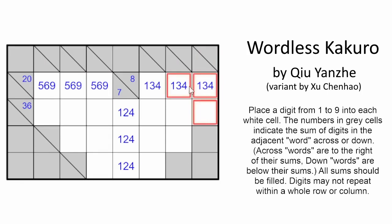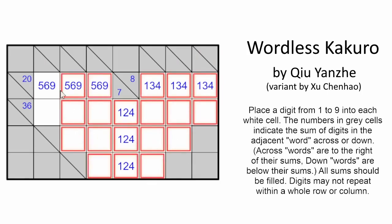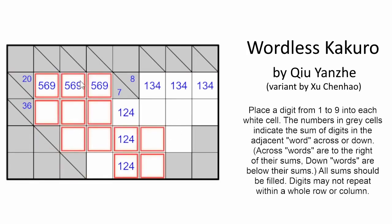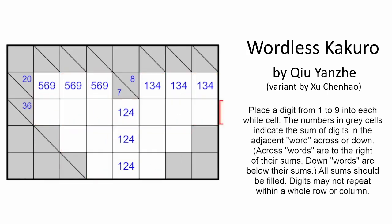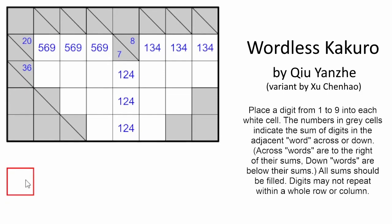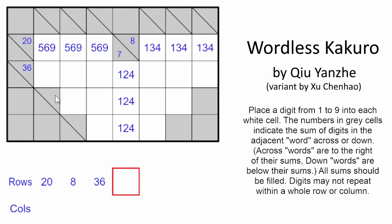And of course, the sum of all of these columns in the puzzle is going to be the same as the sum of all of these rows in the puzzle, which is just the sum of all the white cells in the puzzle. So let's go ahead and have a look at the maximum total I can make these columns, and the smallest that I can make the rows. Let's start with rows first, because that's easier to see. We've already got a 20, we've got an 8, and we've got a 36. The 2 remaining rows,